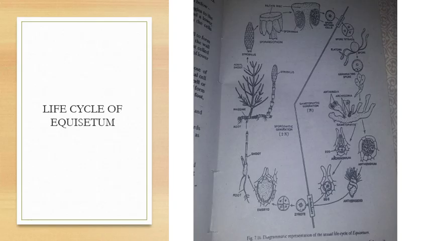Now I am going to discuss the life cycle of Equisetum. In the life cycle of Equisetum, the dominant phase is the sporophytic generation or the sporophytic phase. Each sporophyte gives rise to specialized branches known as the sporangiophores. At the tip of the sporangiophore, special structures known as strobili are produced. Inside the strobili, the sporangia are